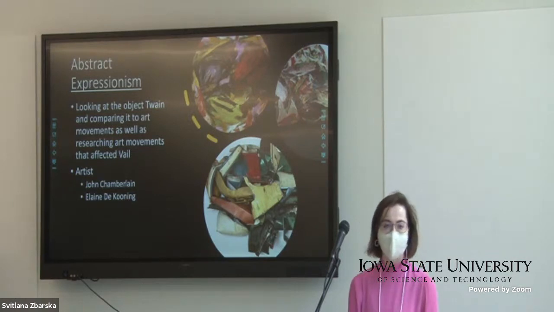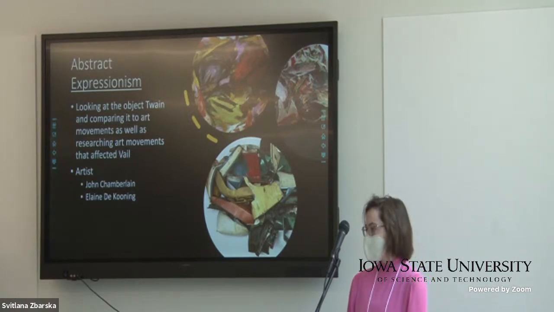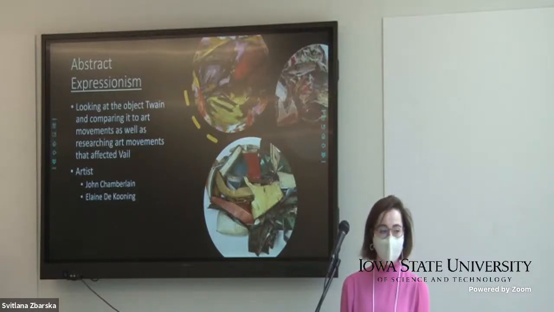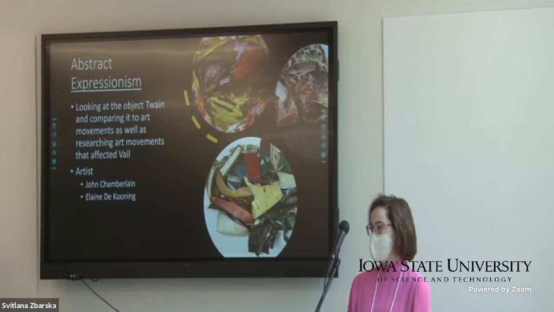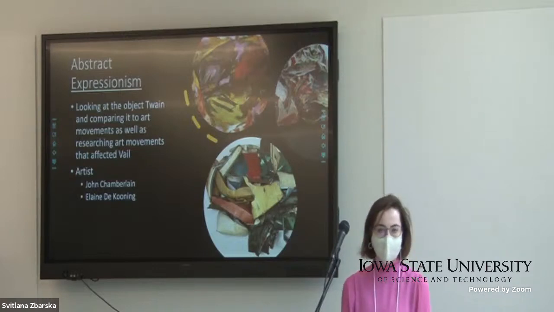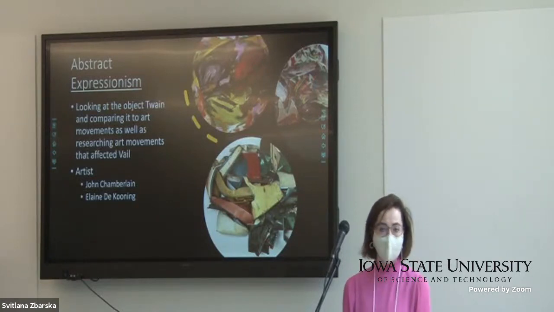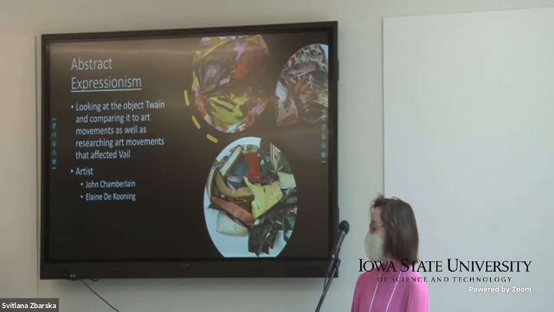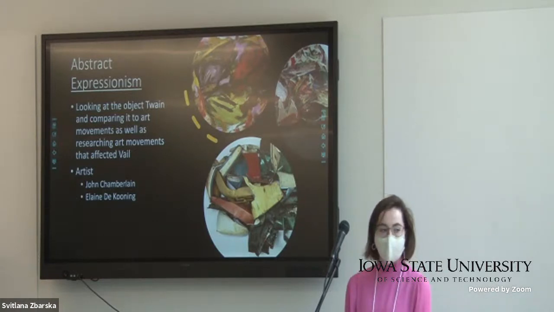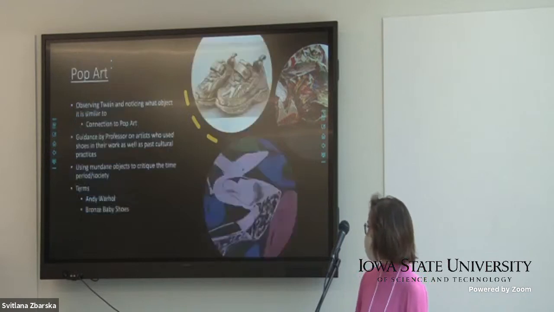It's also understanding abstract expressionism as purely a narrative art form, and observing the title of the piece, which is Twain. It sounds like Mark Twain, who is a well-known American writer. What I found on him during my research is that he was a supporter of gender equality, so he supported the suffragettes when they were doing their movement. It's also understanding that twain is a term that refers to a pair of 2. The sculpture is composed of 2 pieces, and when you first look at it, it looks like a pair of shoes, which is a subject that was used by pop art.